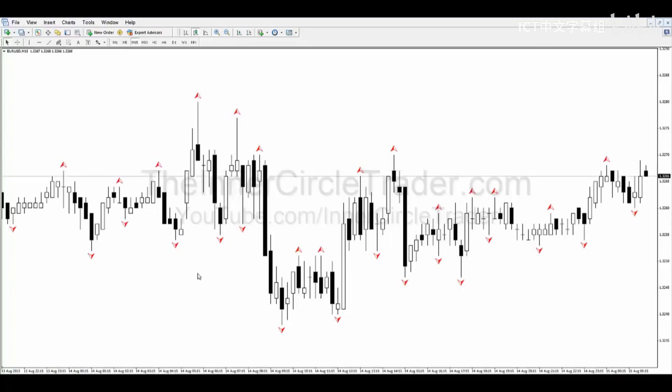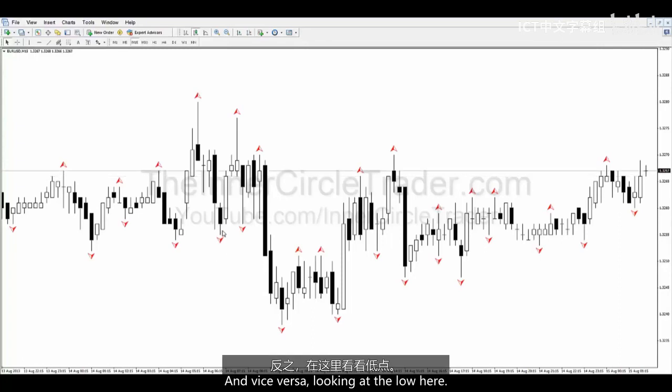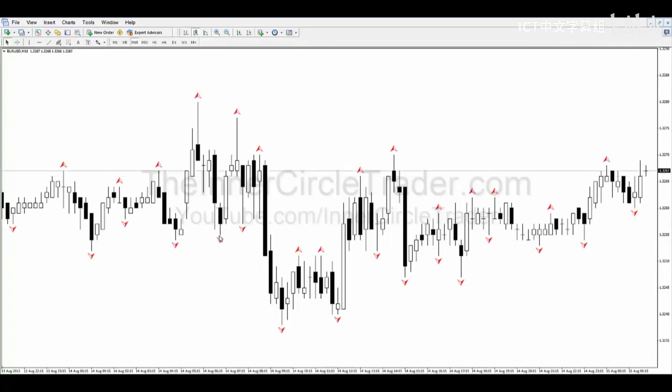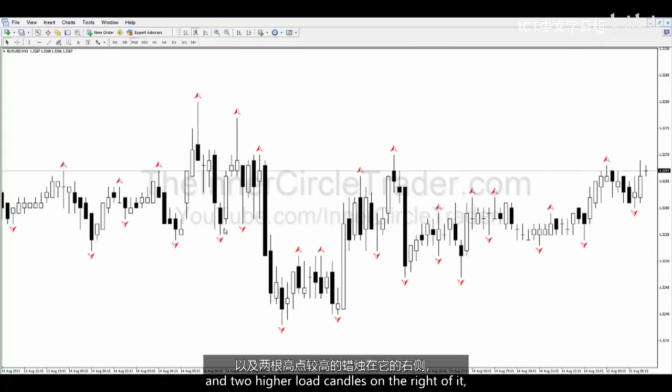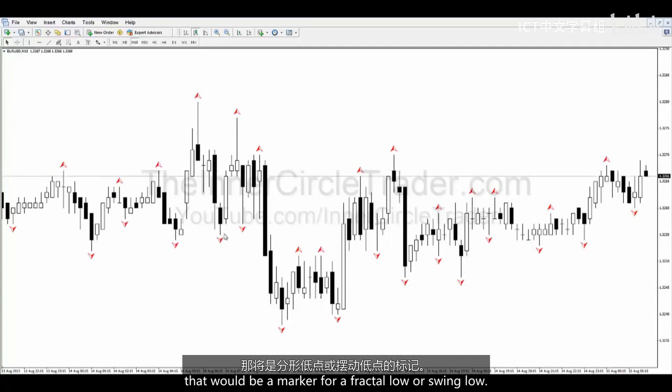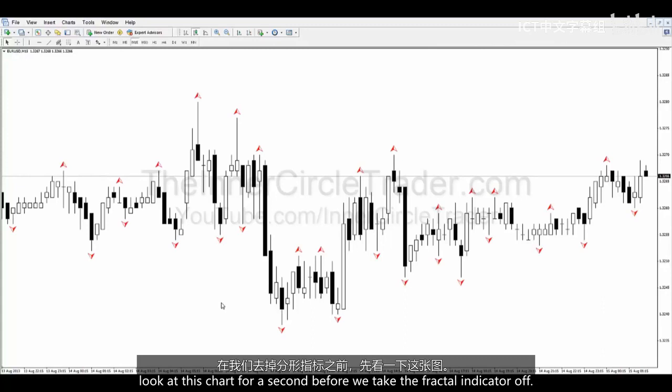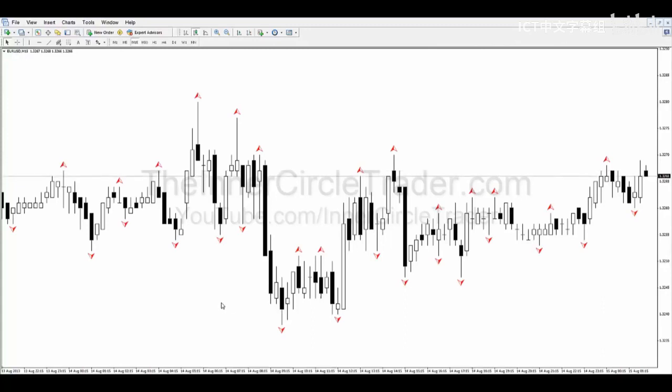Okay, and vice versa, and looking at the low here, if you see a low with 2 higher low candles on the left of it and 2 higher low candles on the right of it, that would be a marker for a fractal low or swing low. Now look at this chart for a second before we take the fractal indicator off,